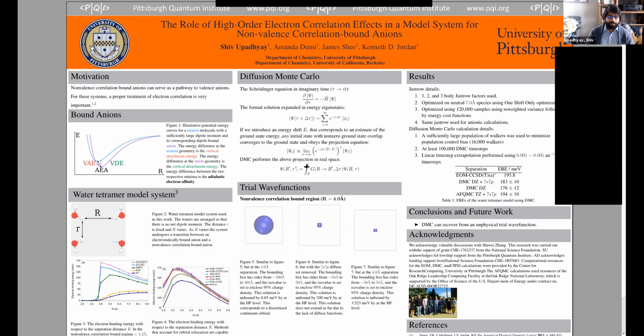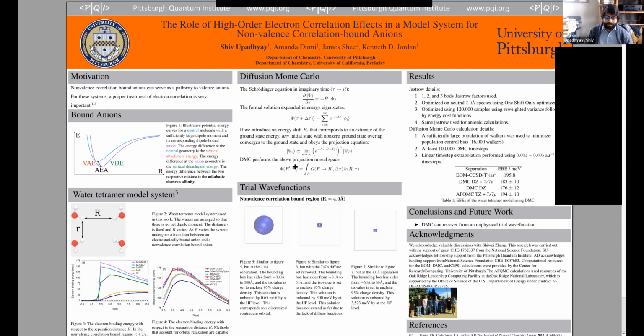The many body method we're going to be using is diffusion Monte Carlo, which works in imaginary time to project out the ground state. And just briefly, since I'm already at 2 minutes, what we're looking at is if you go to imaginary time, all of your oscillating weights on your eigenfunctions become exponential decays if you're not at the ground state energy. So your ground state will exponentially grow, everything else will exponentially decay. If you introduce an energy shift, the ground state will be normalized, so you wouldn't have exponential growth.